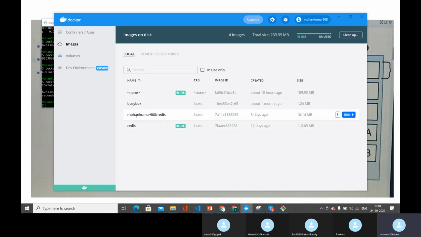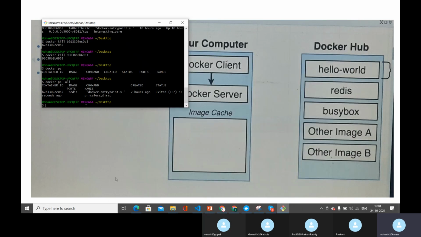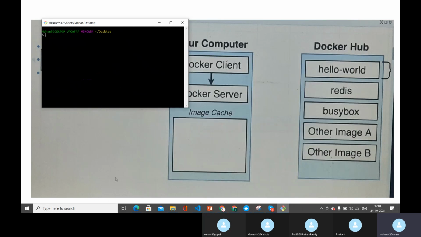Okay, now we are able to remove that image that we want to remove. Now I'm clearing it again. So the command that we used to create a container is docker run and the image name, which is hello world, right? This command says to the Docker server that you have to create a container from the image with the name hello world, right?